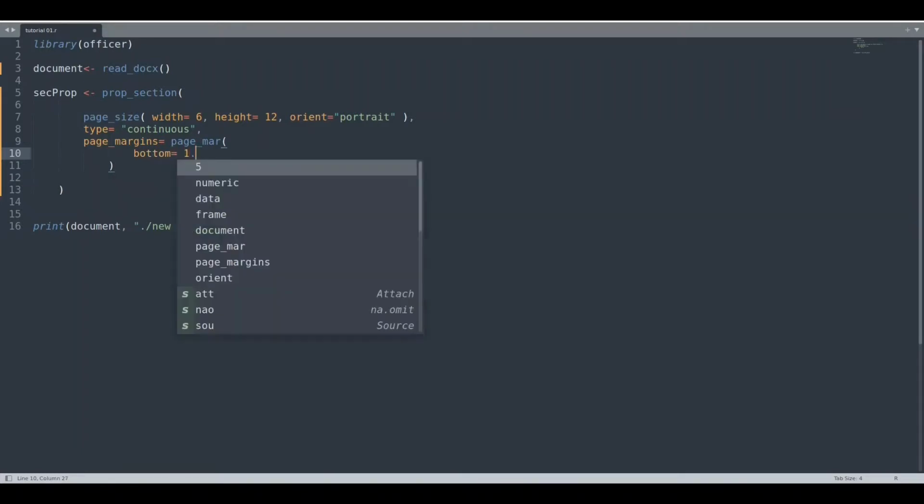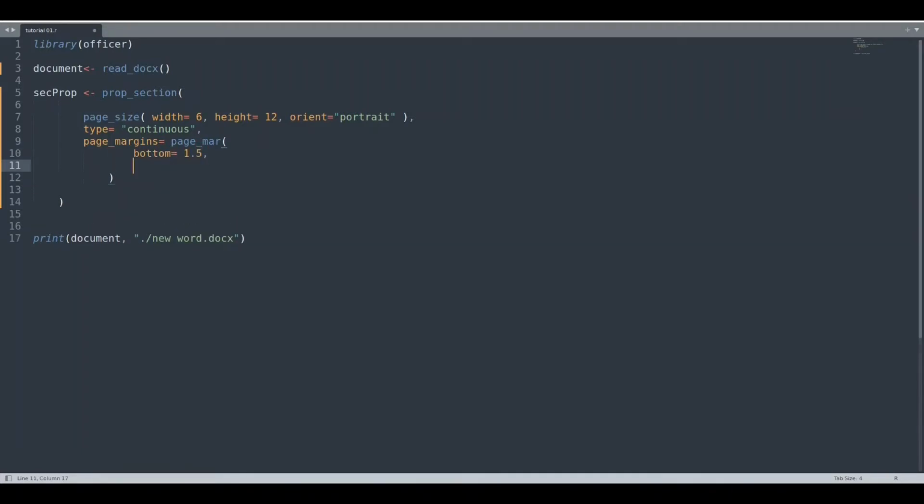Let's see, bottom 1.5, then top 1.5, left